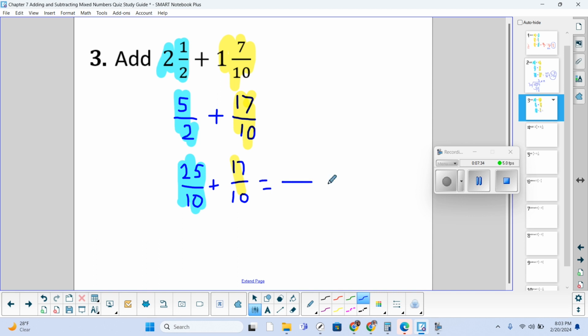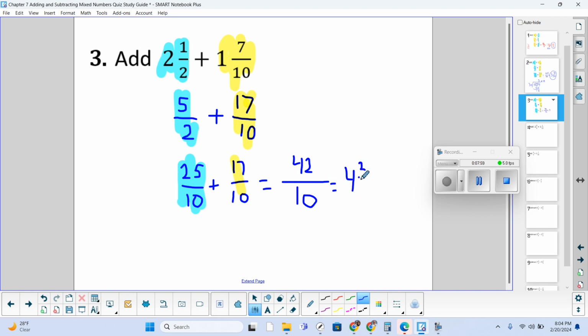So what would this be? Well, 25 plus 17 would be, well, 25 plus 20 is 45. That's 3 too many. So that would be, yeah, 42. All right, so 42 over 10 is equal to, well, 10 goes into 42 4 times, with a remainder of